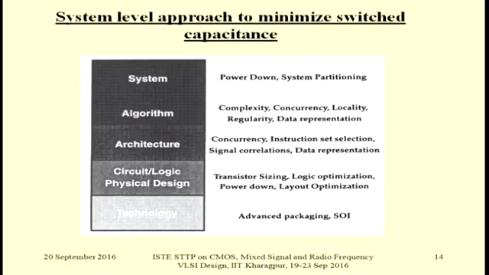Now what we do, this is the second broad approach. That means we try to lower the switched capacitance. Power equals the product of the capacitance that is going to be switched, the square of the power supply, and the frequency of operation. Now this can be done on different levels,